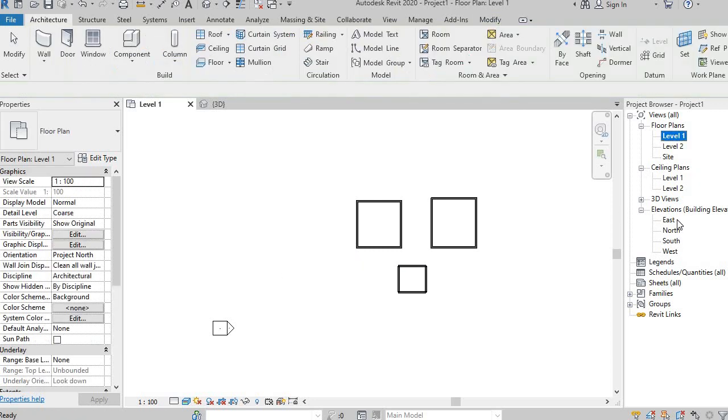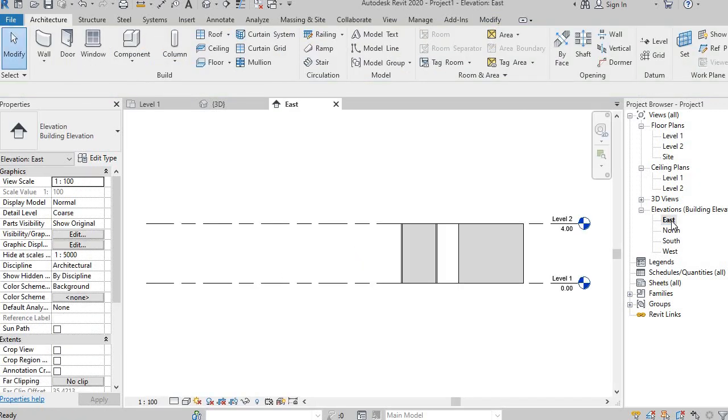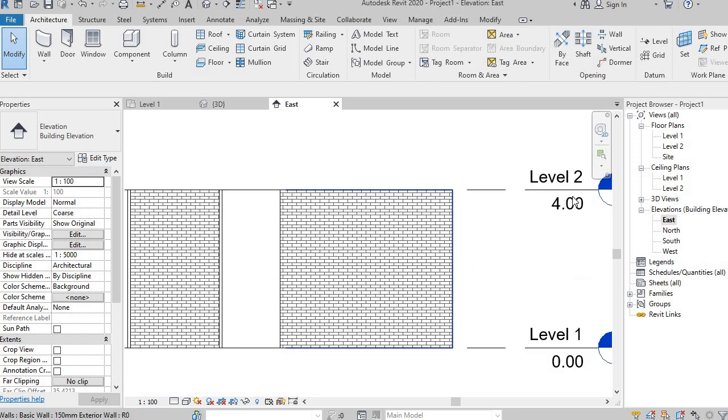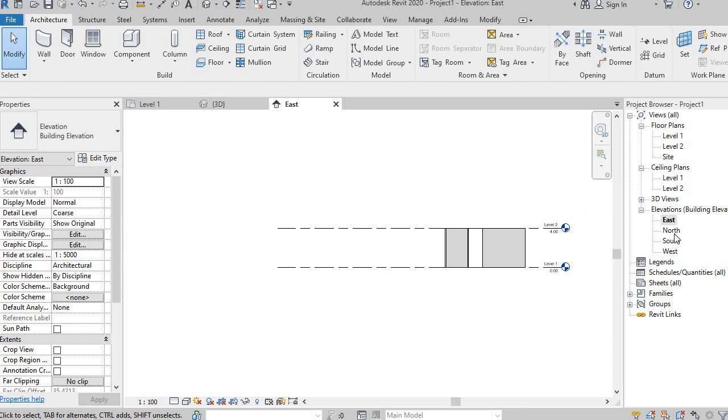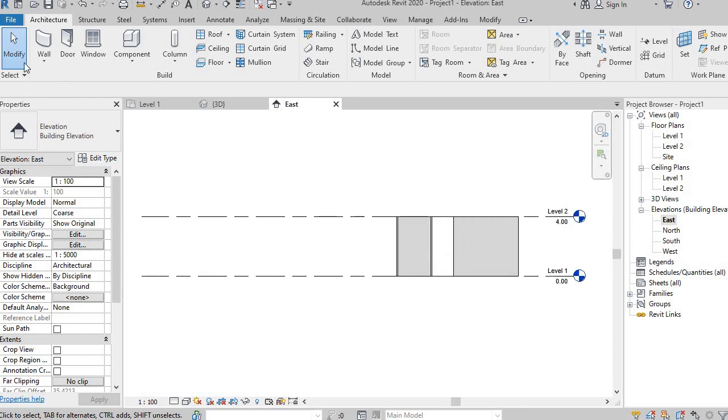Now if you see on the installation, you can see the wall height is 4 meters as suggested. So this is the basic modeling of